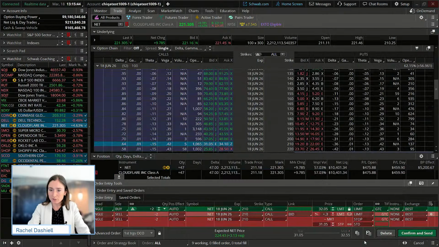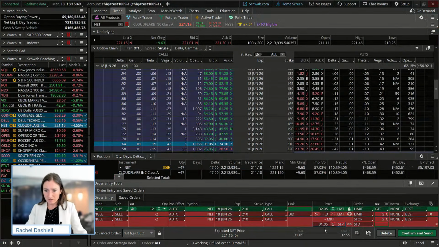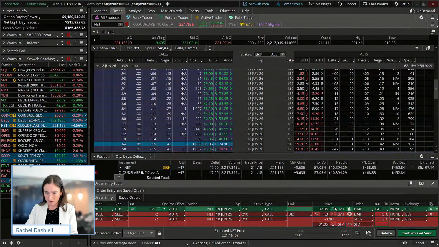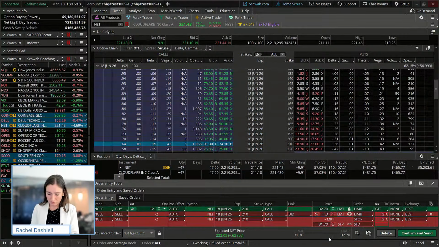So I'm going to hit save here. And then on the downside, let's just say since we are doing 10 contracts and we want a little bit of a tight stop here, let's just look at a 15% loss. So if my entry is going to be right around the midpoint of 3270, I'm going to take 3270, multiply that by 0.85, and that's going